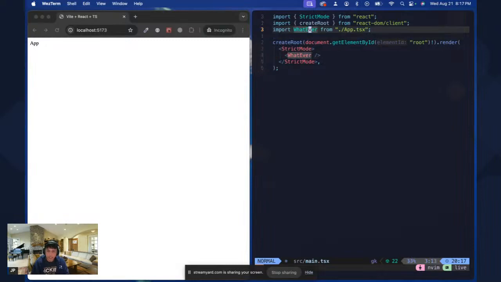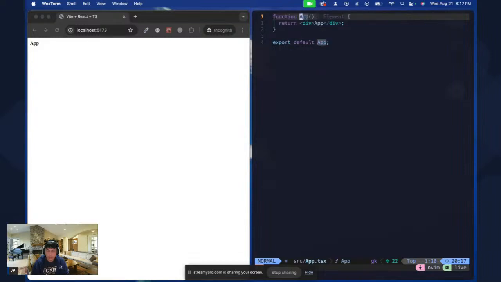The reason why is this is the first thing that you need to actually learn about the syntax in JavaScript right now. If you go to this application, as you can tell here, this was a default export, meaning you don't have to follow the name, so you can name it whatever you want if this is a default export. But if you instead do this as a named export,